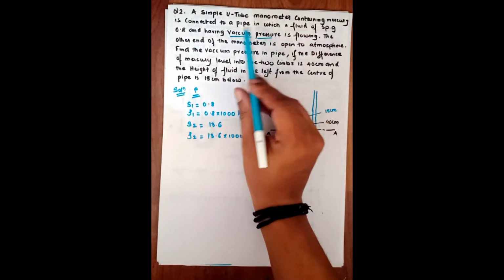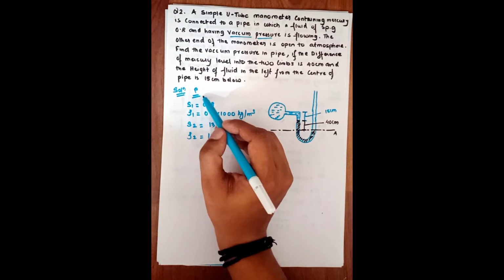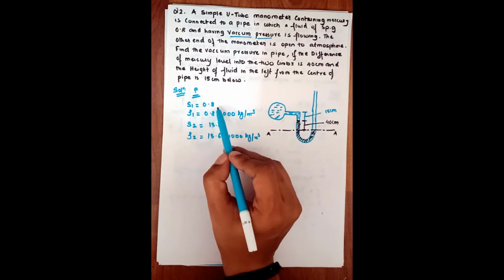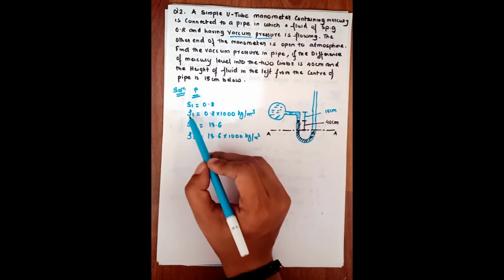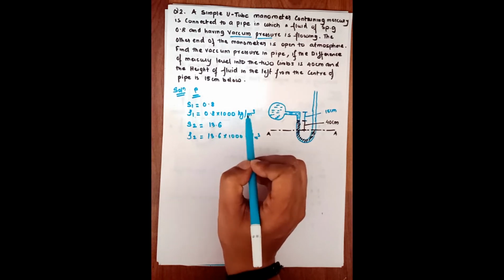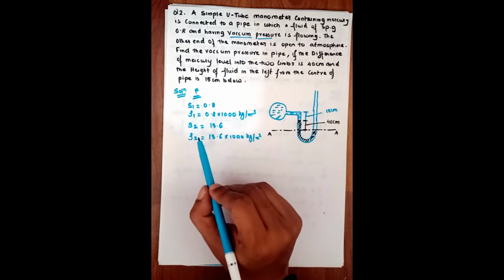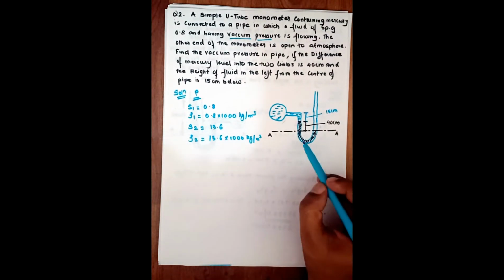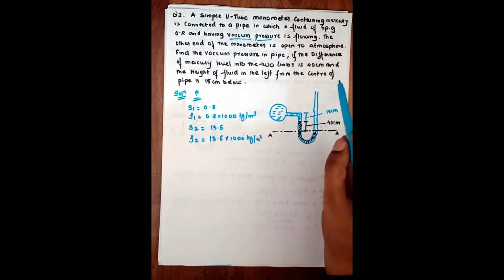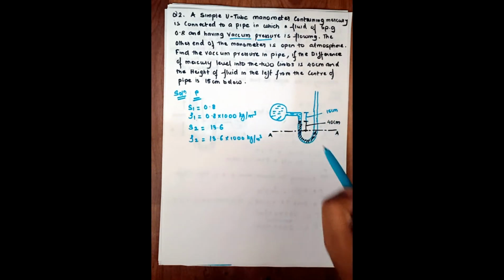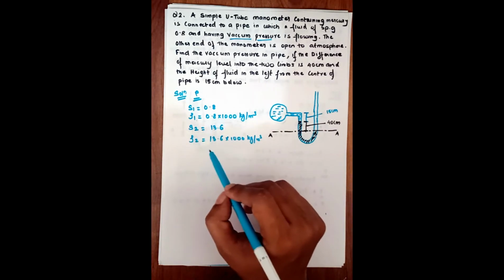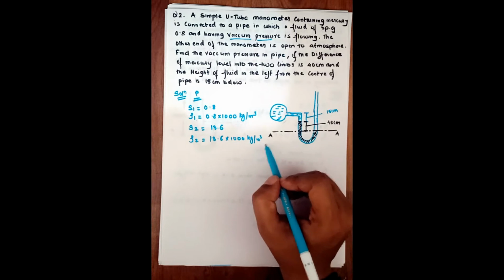So the vacuum pressure which we need to calculate is given by P. We know the fluid which has been flowing in this is having a specific gravity of 0.8, so S1 is 0.8. From specific gravity we can calculate the density. The first density is directly 0.8 into 1000 kg per meter cube. Second, the next fluid is nothing but your mercury. It is having a specific gravity of 13.6, which is not given in the question. So you need to remember that the specific gravity of mercury is 13.6. And after that, if we know the specific gravity, we can calculate the density, which is 13.6 into 1000 kg per meter cube.